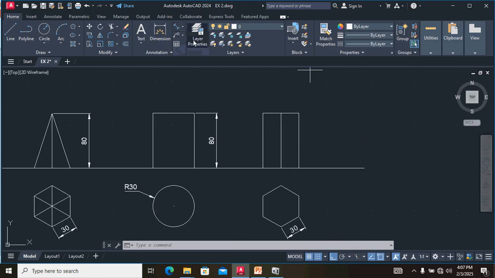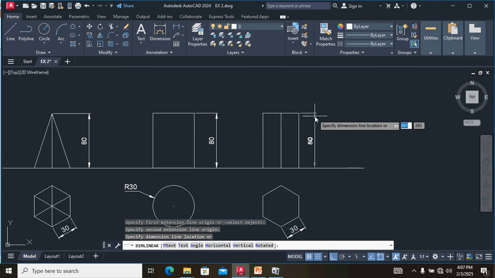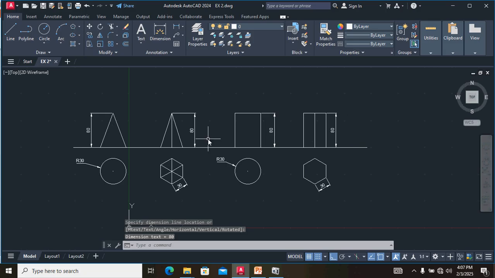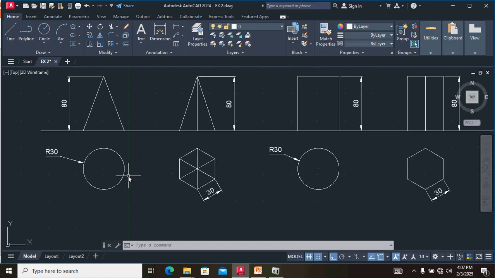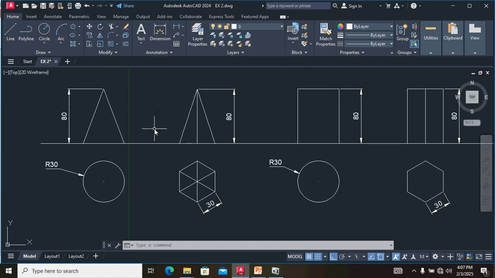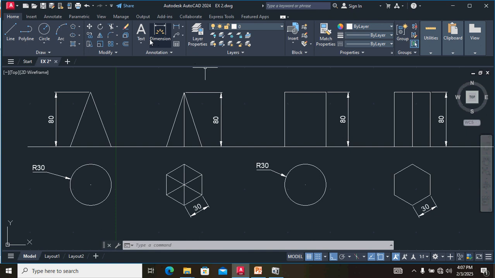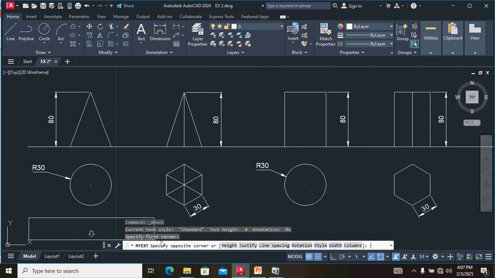Next, we have to give the name. In this case, we go to multi-text. We select text, click here. This is called the solid name. We have to click, then type the value. Okay, this solid is called